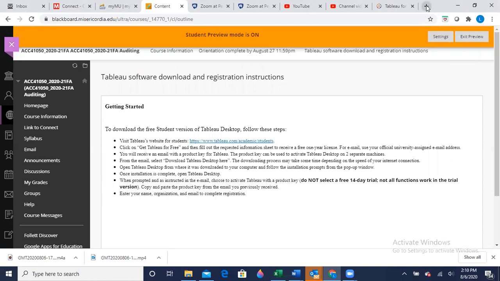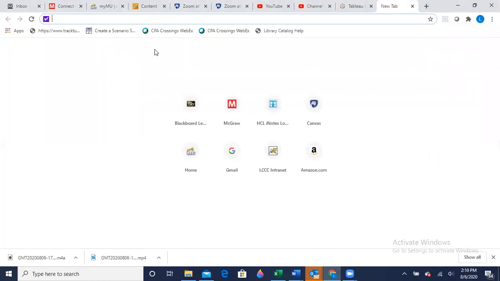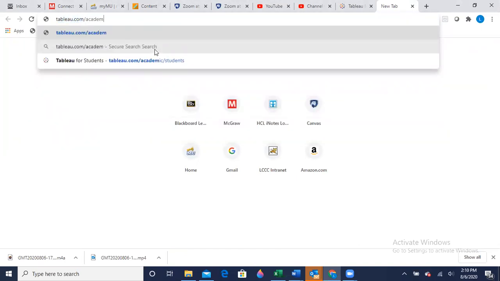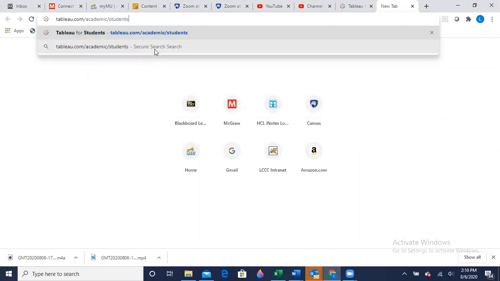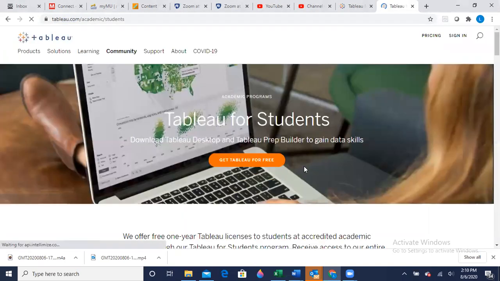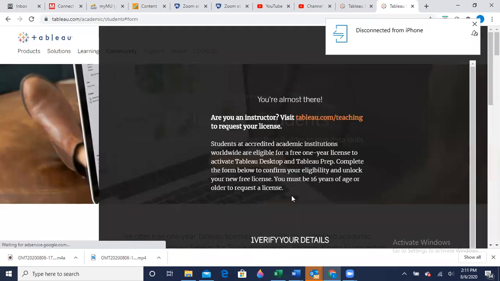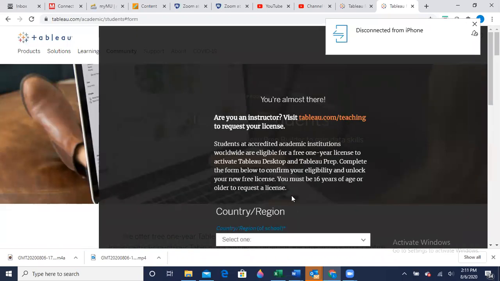So I am going to go to a new tab, and I'm going to start with going to the tableau.com/academic/students site. And the next bullet says, click on Get Tableau for free. Click on that. And this will allow you to get a 1-year free license to access the software.